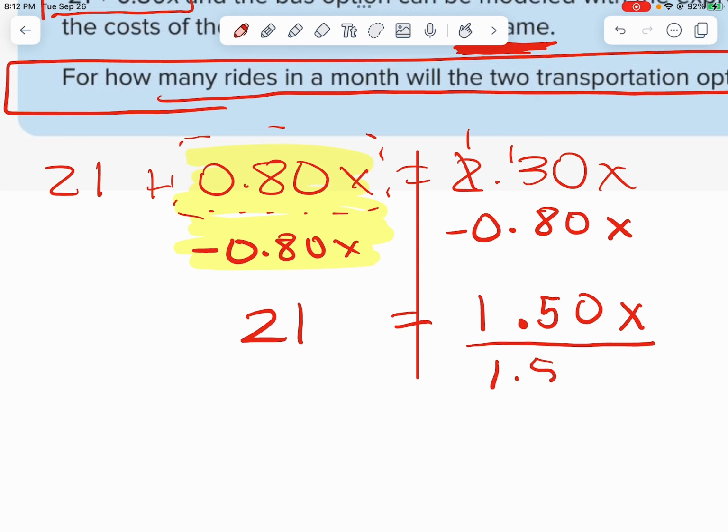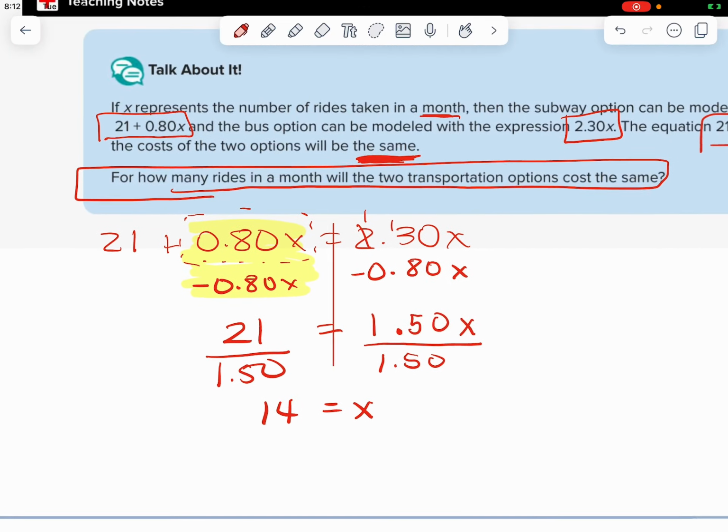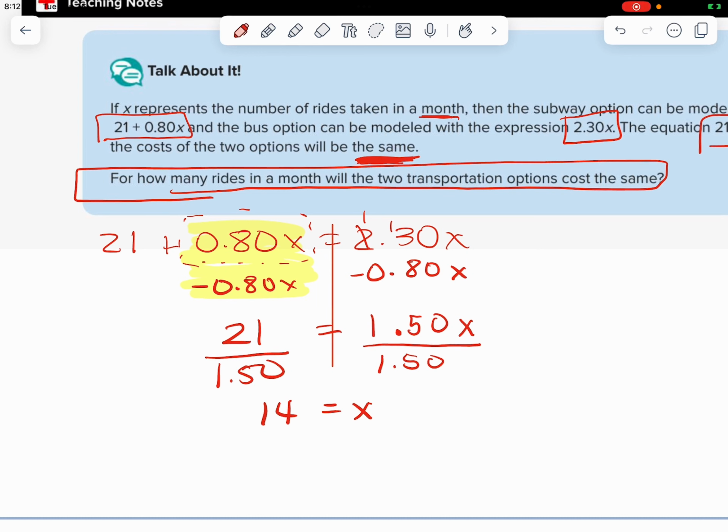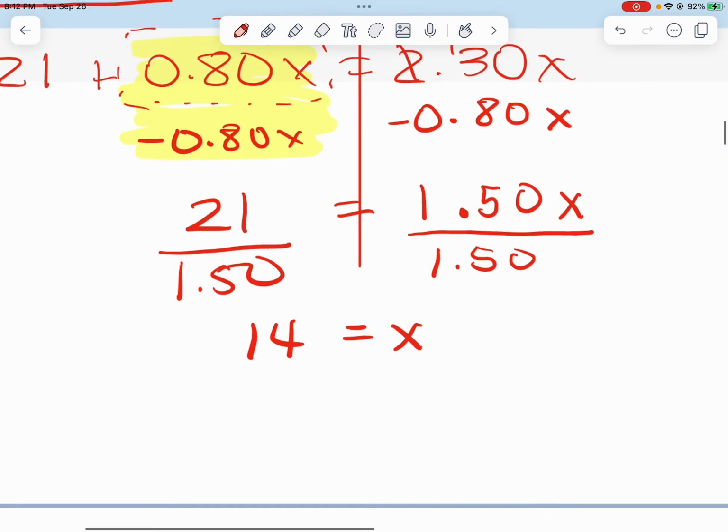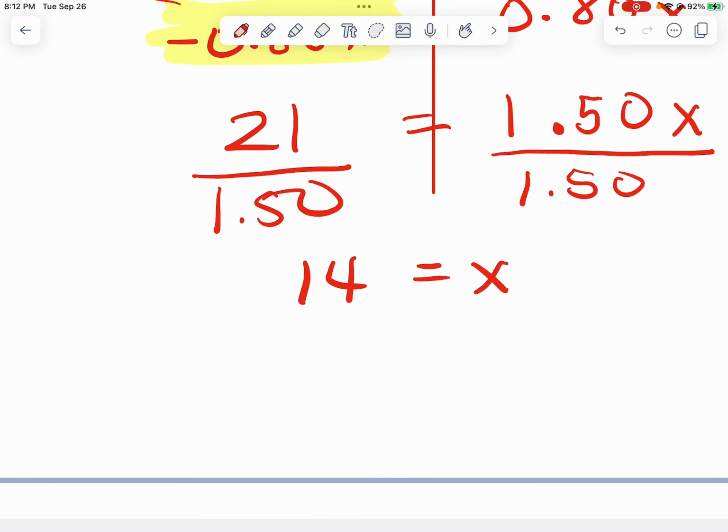This is multiplication, so the inverse operation of multiplication is division. I'm going to divide both sides by $1.50. And when I divide by $1.50, that is going to get me 14. Now the question asks, for how many rides in a month will the two transportation options cost the same? So 14 rides